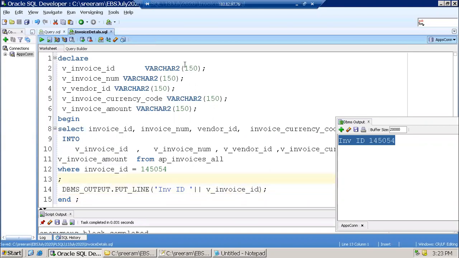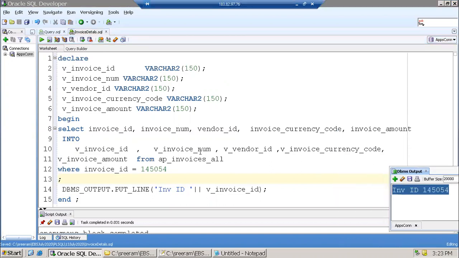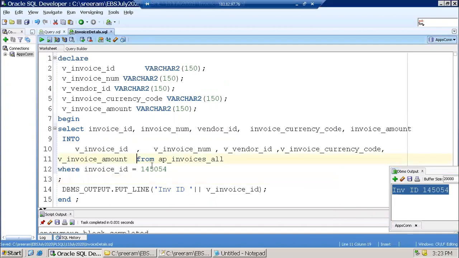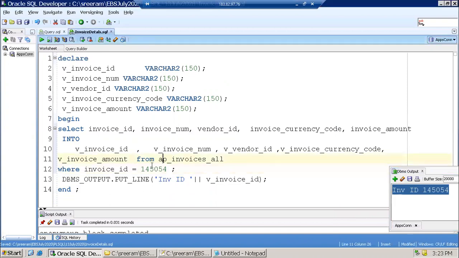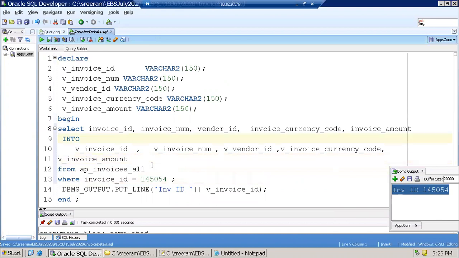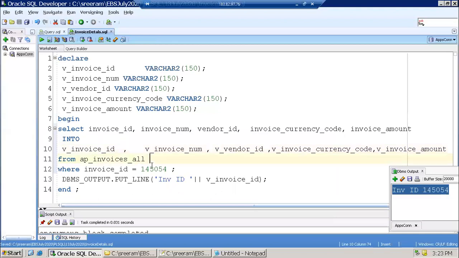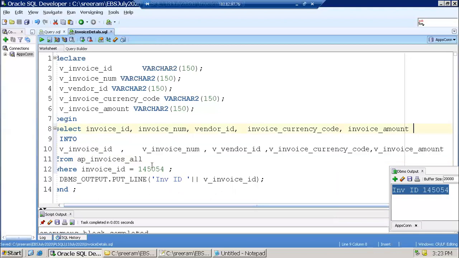So what we have done is similar to the earlier things which we discussed. The only extra thing we have discussed here is that we have written a SQL query inside a PL/SQL program, and we know that when you execute a query, it will provide you a result. Here in the select query we have 5 columns, so you require 5 temporary variables to hold those 5 values. When you execute this particular query, it will return 5 values, so we have declared 5 temporary variables to hold them.